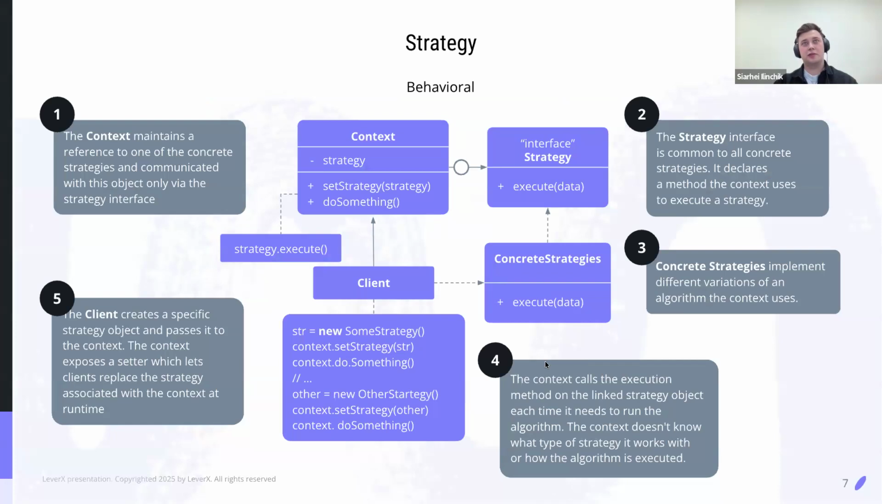And the first pattern is the strategy. So the strategy is a behavioral pattern because it changes the implementation. It might pick the correct implementation for a specific case, but you can treat it like an actual strategy. It's pretty straightforward, and the example for the strategy can be like this: